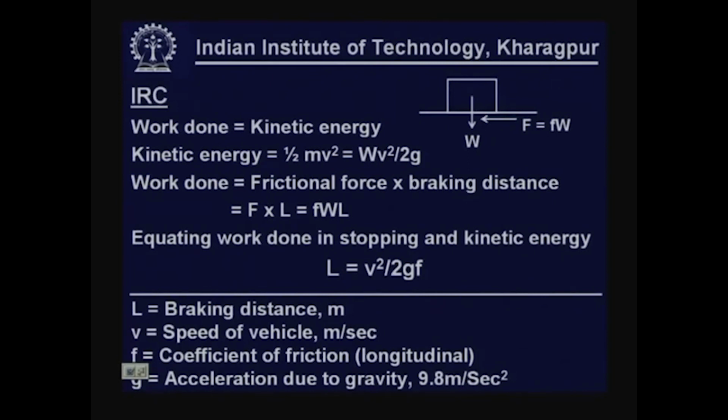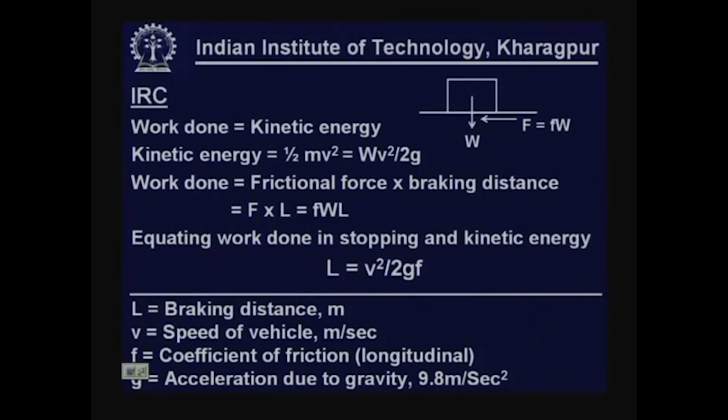So, half m v square, m is the mass, equal to half W by g into v square. So, if we equate these two, work done equal to kinetic energy, L is v square by 2 g f,